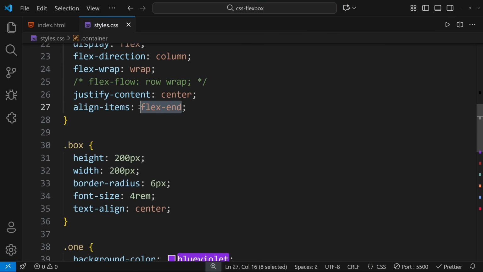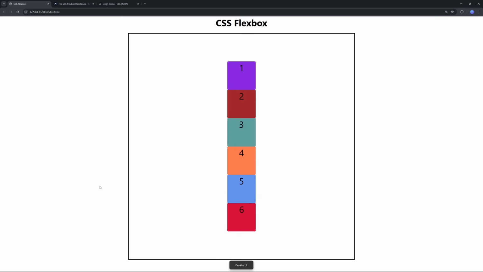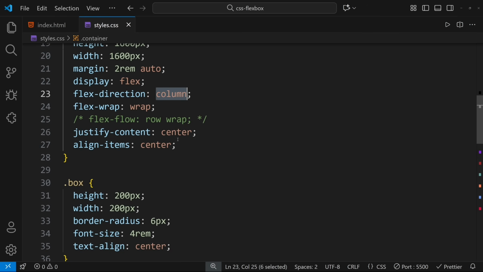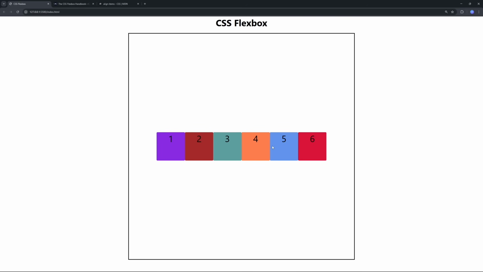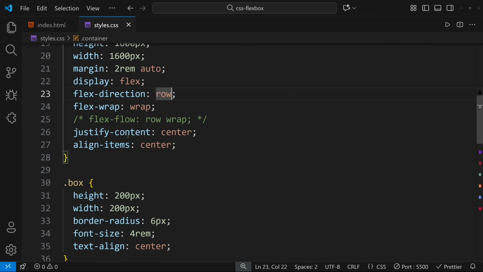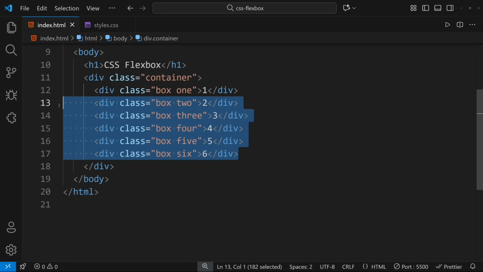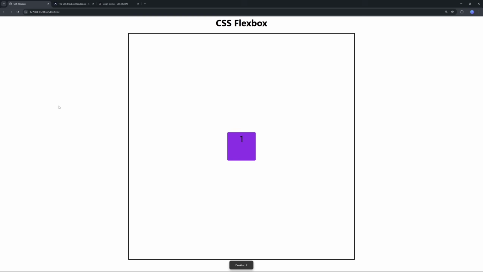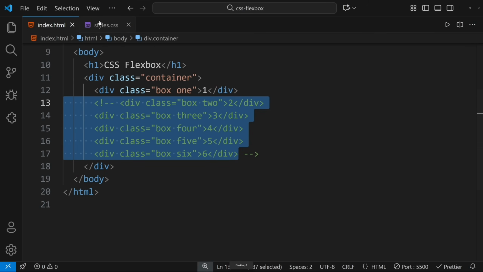Then we have the most important thing, which is called center. Okay, we can have it to the center as well. If we do that, then all of the elements will be centered. And if we just do something like flex direction to row as well, the row will be centered. So in this way, by using the justify content and align items, we can center an element inside of a flex container. Also I can show it to you if I just comment out all of the elements here. So now this particular element is centered perfectly horizontally and vertically, and this is regardless of the size, because